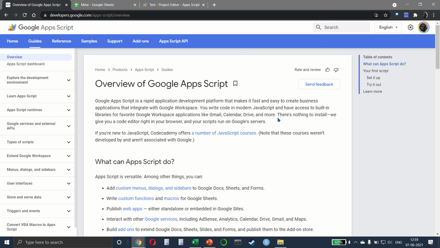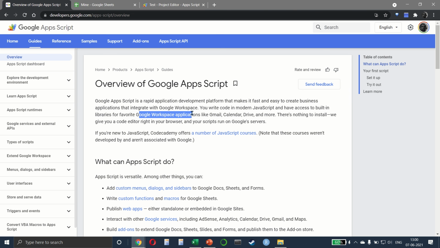And this is what the course is about. I'm assuming here that most of you come from a zero coding background, or maybe a very old and a very limited coding background, and we still want to use the power of coding on Google Sheets. So Google Apps works on JavaScript, and obviously it has built-in libraries which connect to different Google Workspace applications. So a lot of integration possibilities are there.